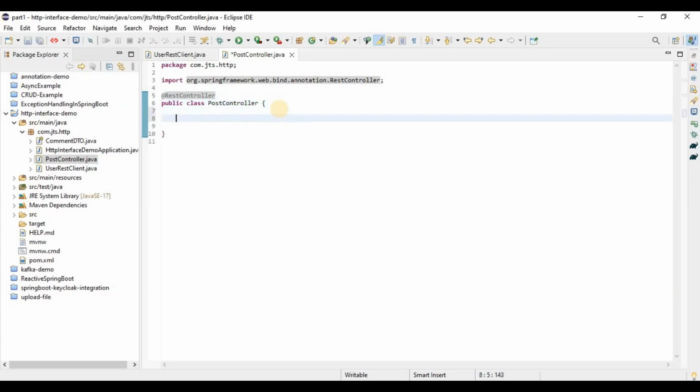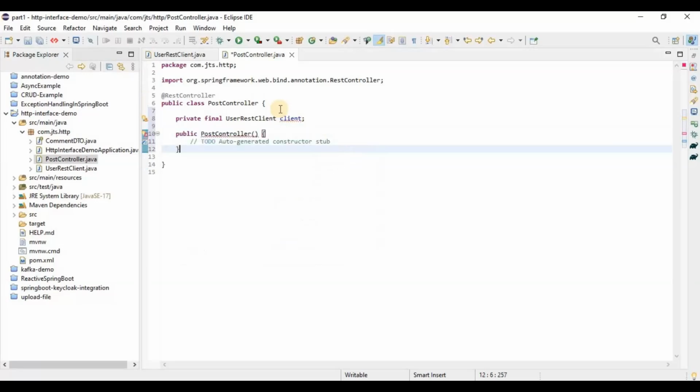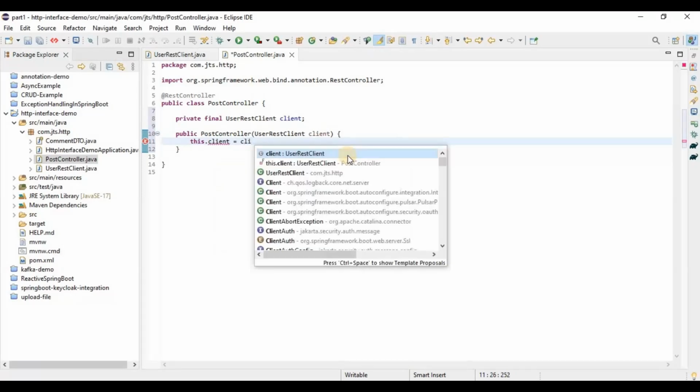Now here we will inject the user REST client. For that we can create one final value for the user REST client, for example client. Then in a constructor we need to initialize this one, and here we need to pass this as a parameter over here, and inside of this constructor we need to initialize this.client equals to client. Okay,